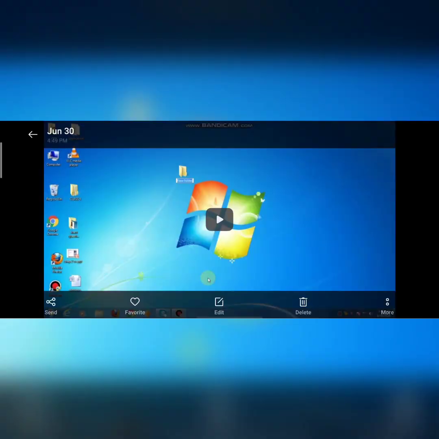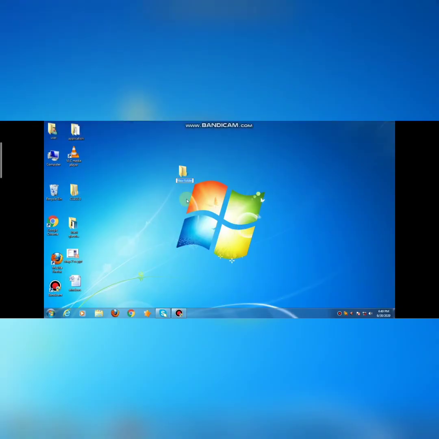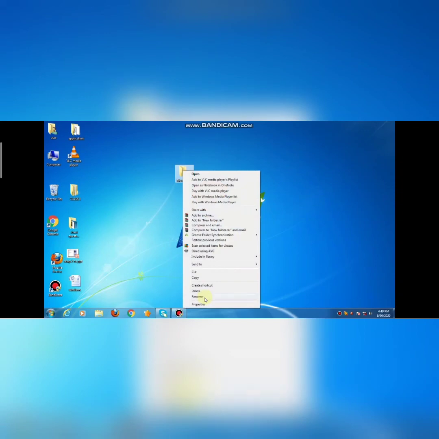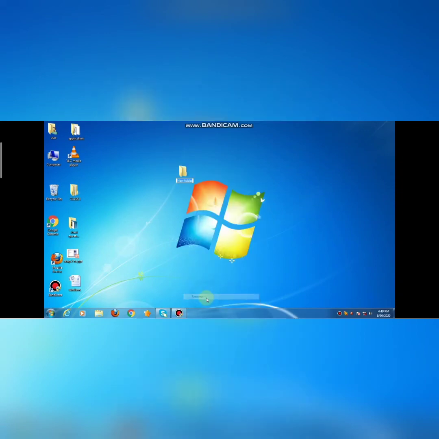Now you can see how to rename a folder's name. You can see a folder named new folder. That is the default name. Right click on top of the folder, and a drop down menu appears. Click on rename option. Now you can type the new name whatever you want. So this is a method to rename your folder.